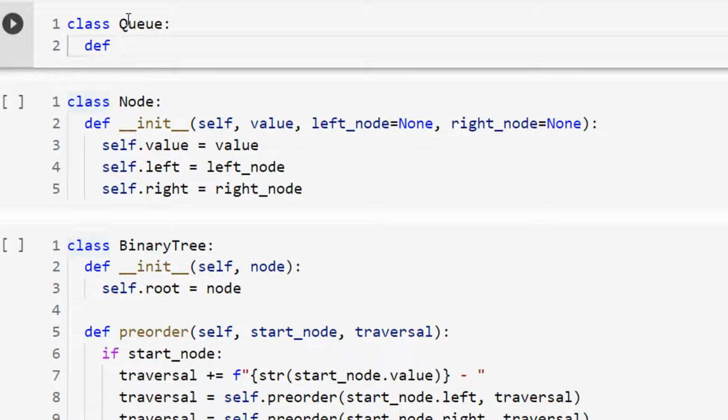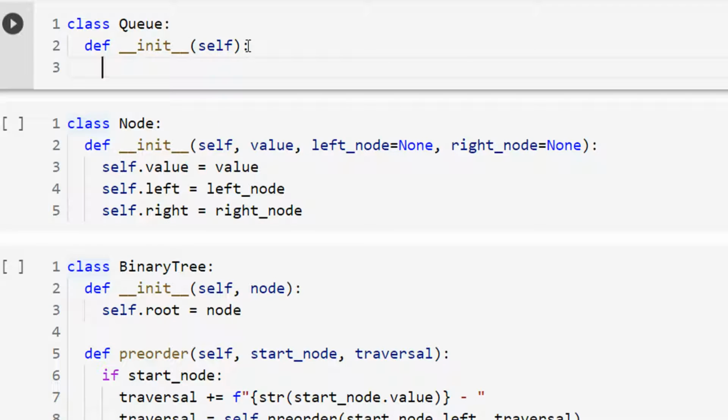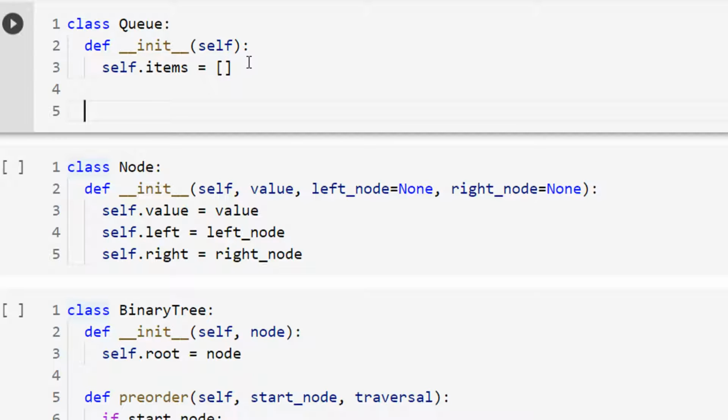Define its init method. Self. This one is not going to take anything as a parameter. All I'm going to have here as a property is going to be a self.items, which is an empty list. So in this class, I'm going to need a method to put items in a queue. So I'm going to call this enqueue,